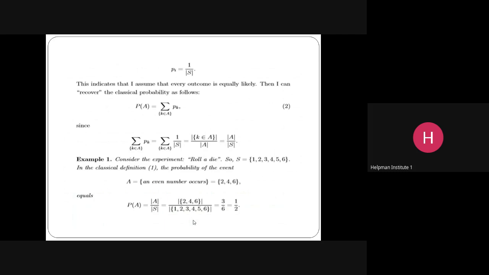So here in equation 2, we have the probability of A is equal to the sum of all the individual probabilities. Just like we have seen above, we say P of i is equal to 1 over the size of S, and we know the total sample space, the number of S, is 1. So when we divide, we get 1 here. Now, since the sum of P of k is equal to the sum over k belonging to A, 1